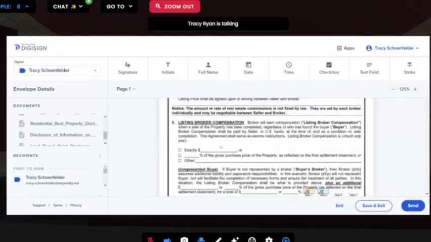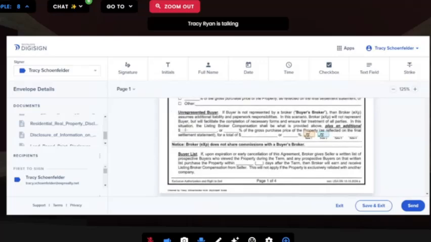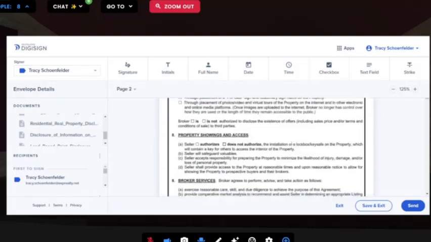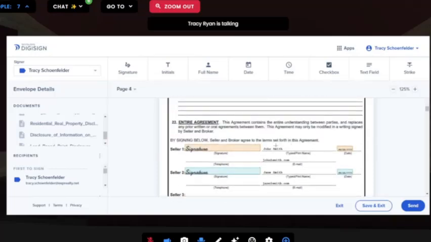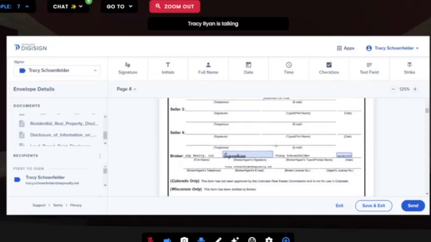So for this particular listing agreement, we would have entered compensation here, and then unrepresented buyer compensation here, and then we'd have the sellers sign off on, initial that, okay? And then at the very bottom of the listing agreement, there would be signatures, okay? On all of our listing agreements, though, Skyslope has templated agent signatures on the listing agreements, because in many states,